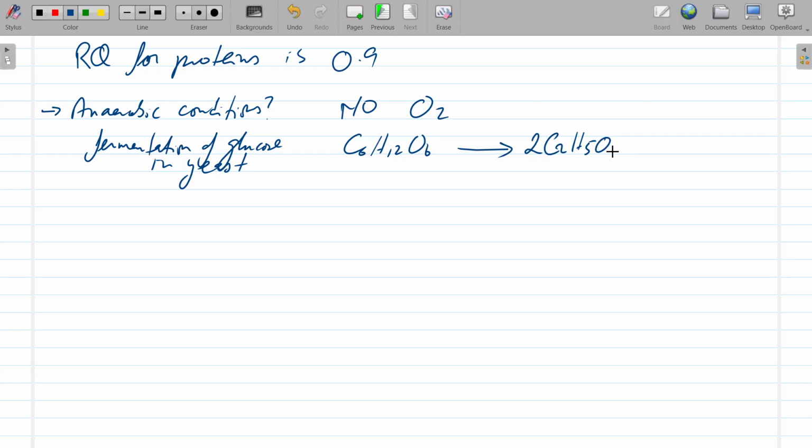Oh, sorry, this is ethanol. Lactic acid is in muscle, so this is ethanol. Plus two molecules of carbon dioxide